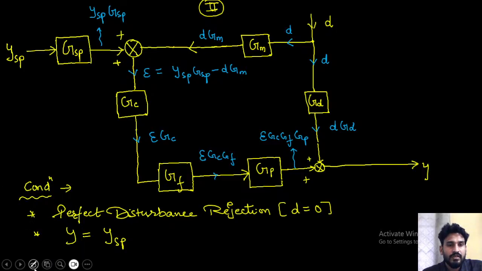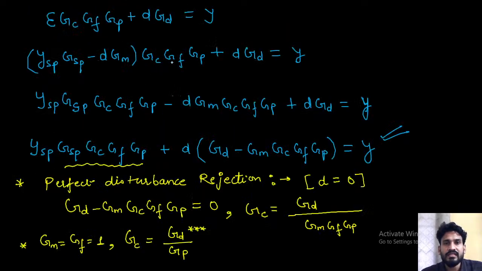Where it is plus plus, it means my error will be YSP GSP plus DGM. It is plus DGM. Is it clear to you or not? Rest everything is the same. So in that case, what will be my equations? So this is the error. In this equation everything is the same, but here it is the plus actually. That's it. So I will write this equation. That is equal to YSP GSP, and we have to add the signal DGM.